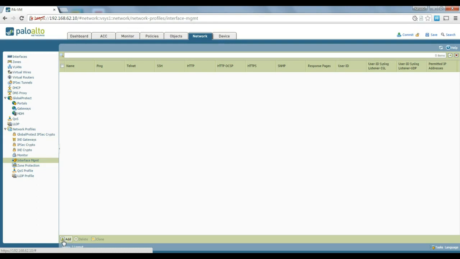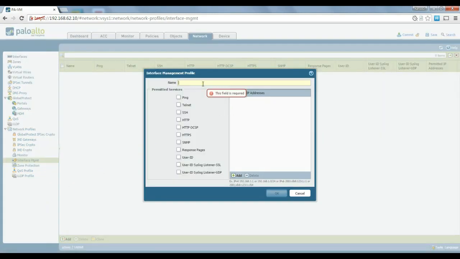So let's do that. This is a lab environment, so I just want to make sure that everything is working okay. So I'm going to create a management profile, call it my management profile,